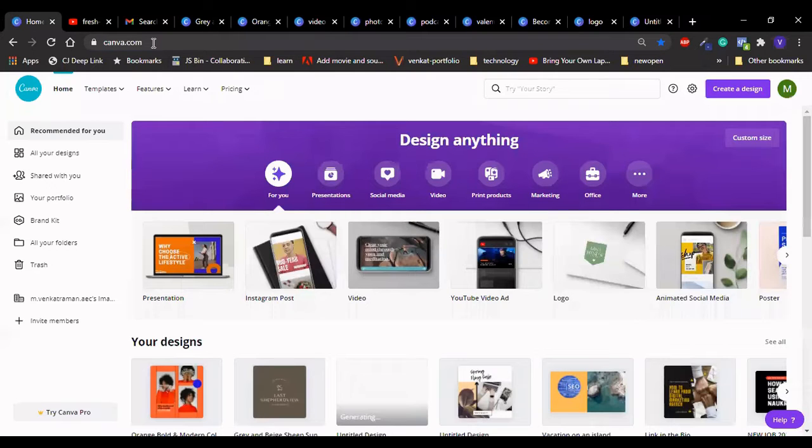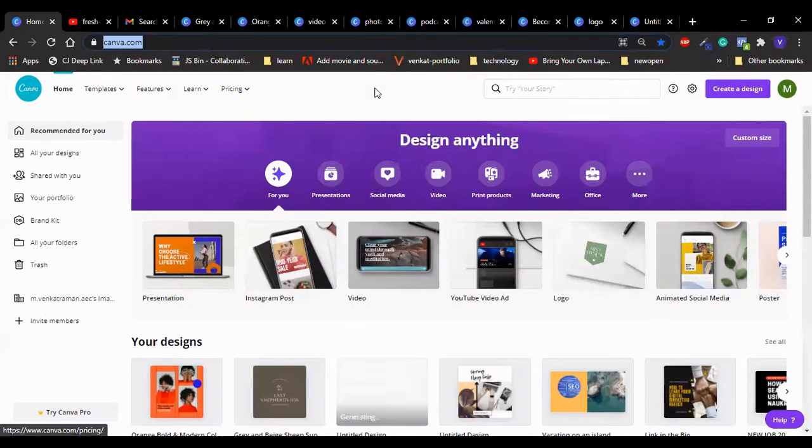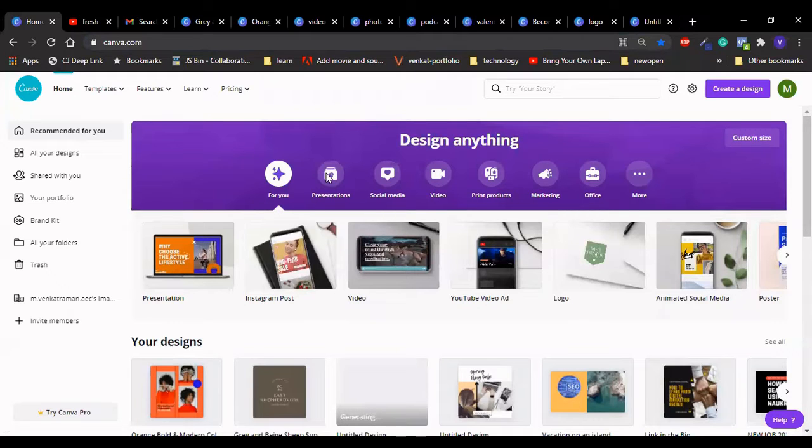The first thing is go to canva.com. You can see the interface of Canva. In the latest changes, these icons have been added. Before, there was just a banner, but now they have changed it to interaction icons where you can see options for your presentations, like